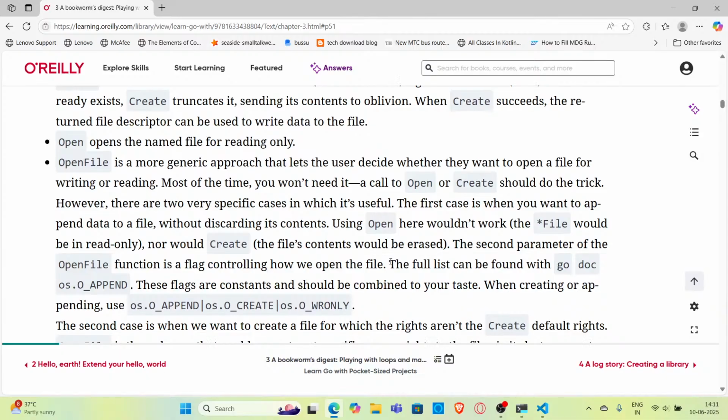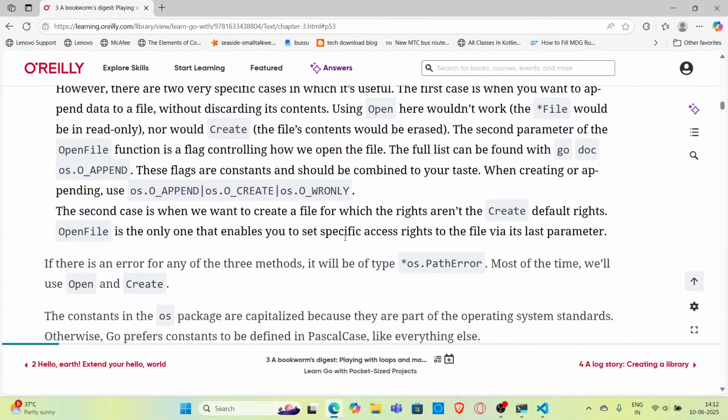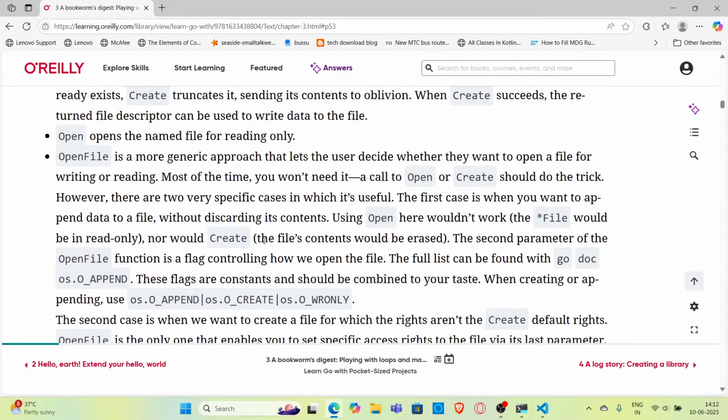OpenFile with options. The second parameter controls how we open the file. Okay, go to os.O_ flags. So this kind of options we can pass. If you want to append, you have to pass os.O_APPEND. If you want to create, os.O_CREATE, os.O_WRONLY. And also you can set the